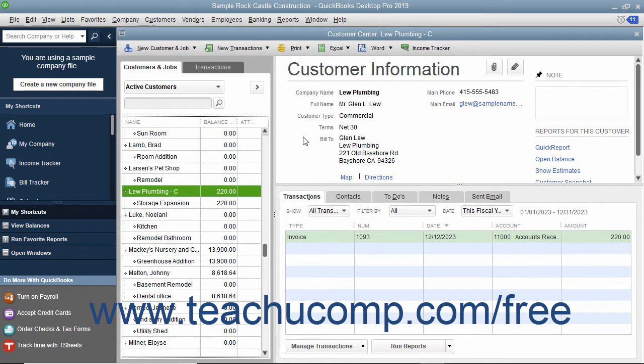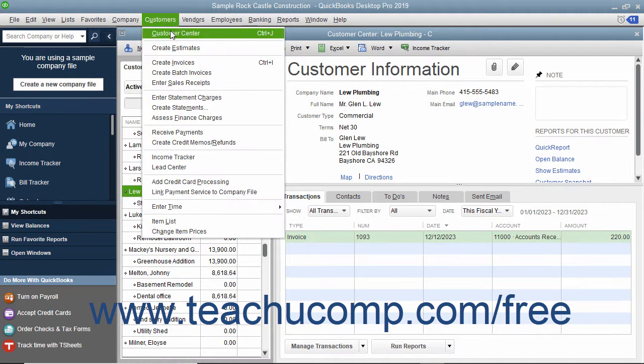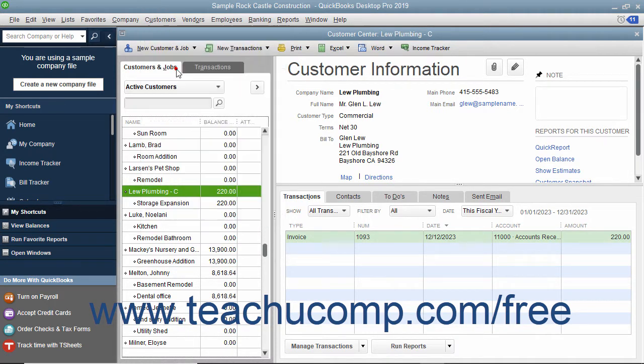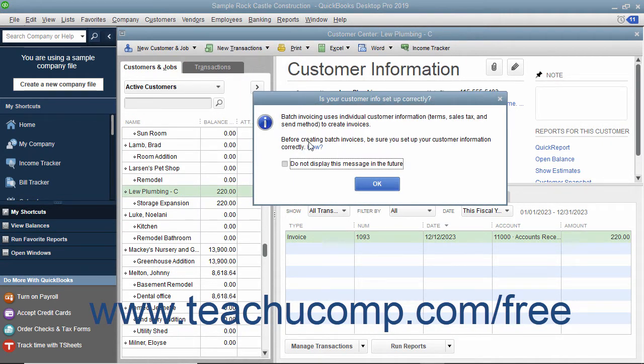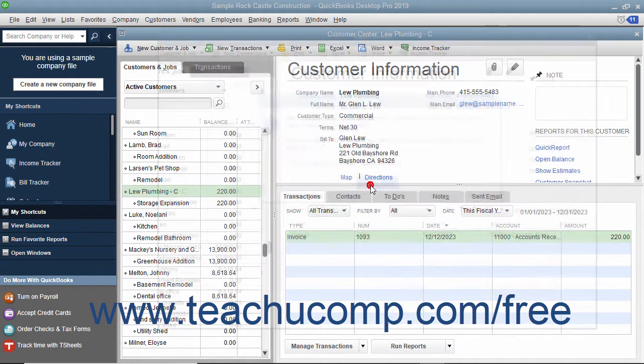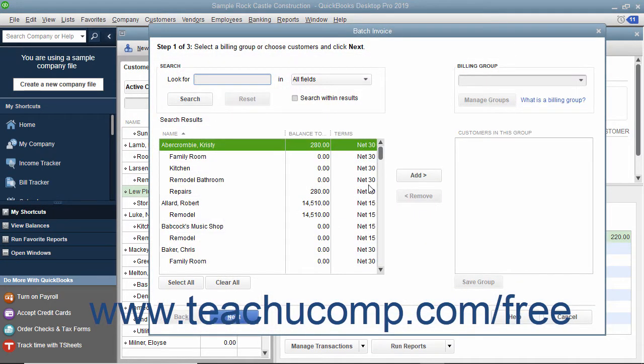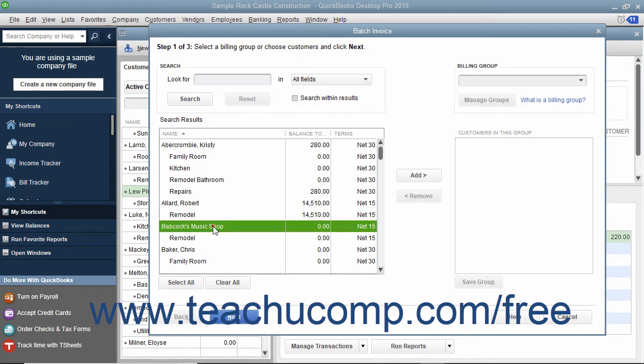To create batch invoices, select Customers, Create Batch Invoices from the menu bar. You can click the OK button in the message box that appears if needed. In the Batch Invoice window, you can then select the customers for whom you want to create batch invoices. To create a one-time batch invoice for customers, select the names of the customers or customer jobs from the left list, and then click the Add button to move them into the list at the right side of the dialog